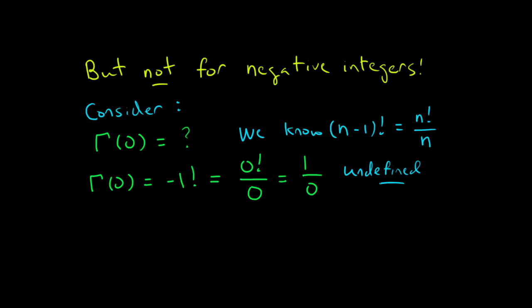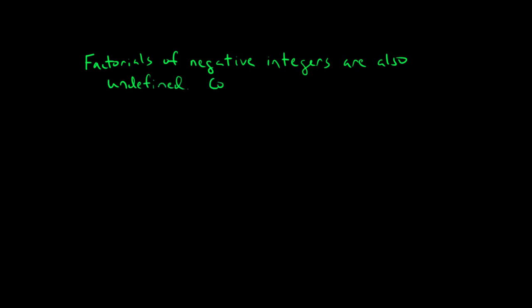We say here that that expression is undefined, or in calculus terms, that the limit does not exist. And this isn't only the case for -1 factorial. Factorial of all negative integers are undefined. Consider, for example, gamma of -2. By our definition,